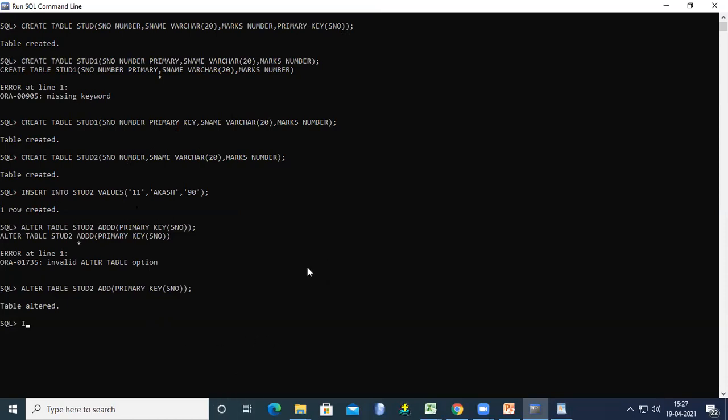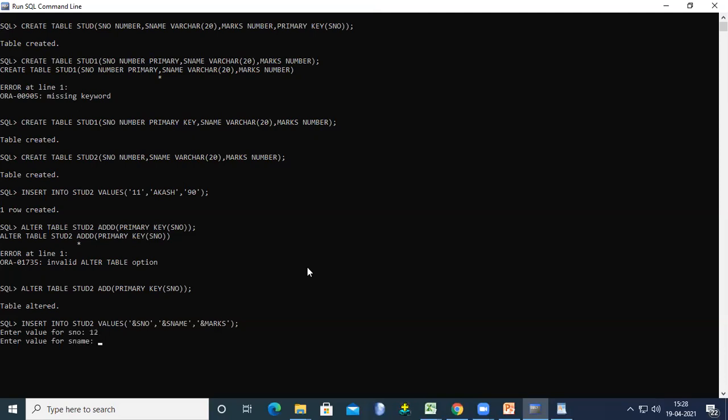Okay, and in the morning session, I also spoke about this. Insert into table name, for example stud2 values. Here I am giving ampersand s number, ampersand s name, and ampersand marks. If I give it like this, then it will ask directly.